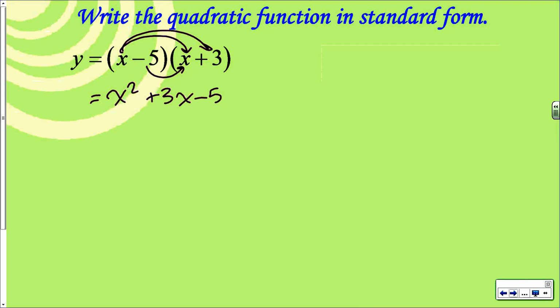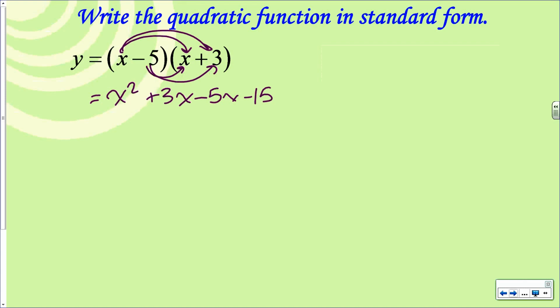X squared. X times 3 is 3x. When we multiply it's squared. When we add it's 2x. Okay? And then negative 5x times x is, and negative 5 times 3 is,